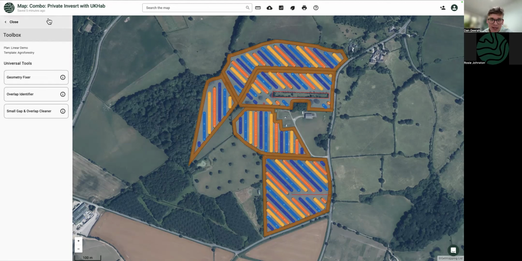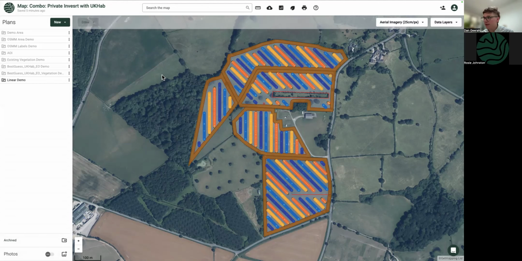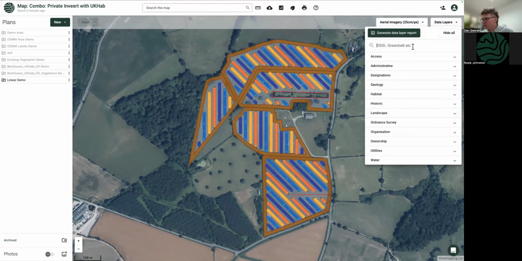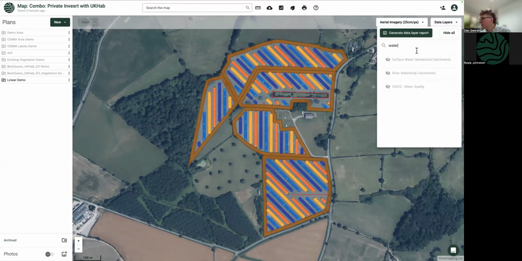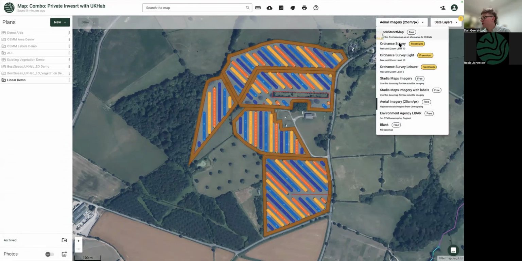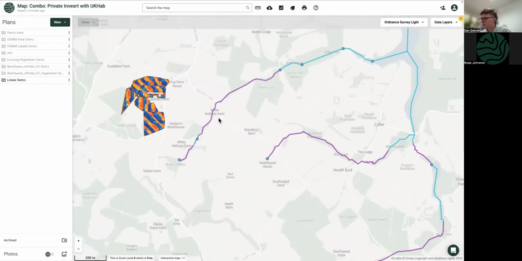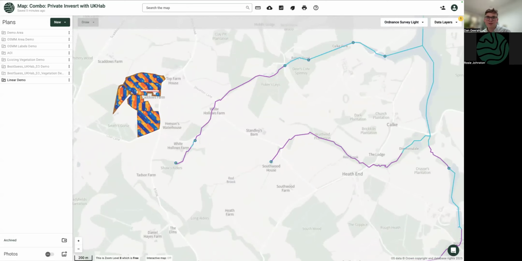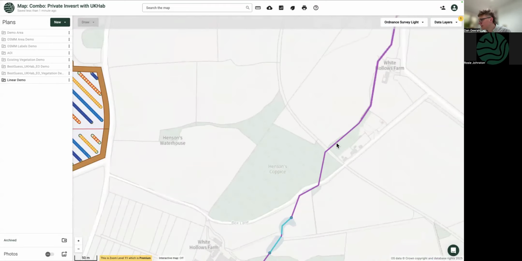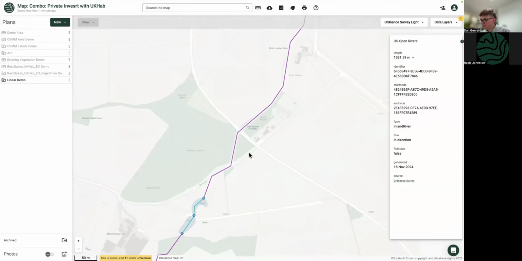Question from Andrew: are watercourses on Land App now? It would be very useful for Environment Agency applications. So we've got some watercourses. We've got the Ordnance Survey Open Rivers layer, which, if I zoom out, shows you line features for the watercourses. I think it has information contained within it, so you can click on them and learn a bit more about what the different colors mean. Off the top of my head, I really don't know what the colors mean, although I can probably find out. So we've got purple here, inland river, and you've got the different ponds.